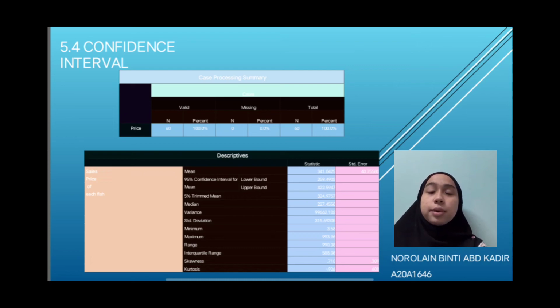Also, it represents the standard error, so that we are 95% confident that the population parameter is between 259.4703 and